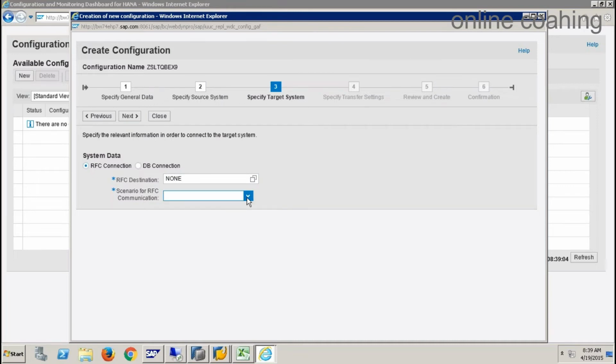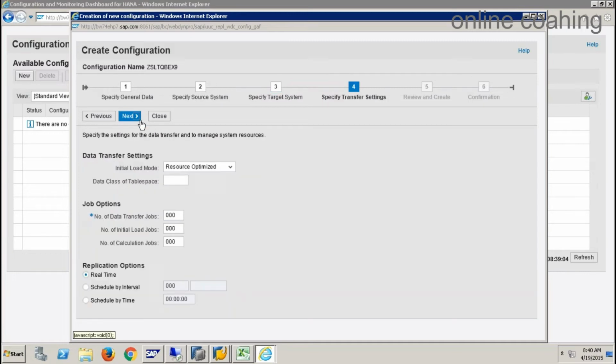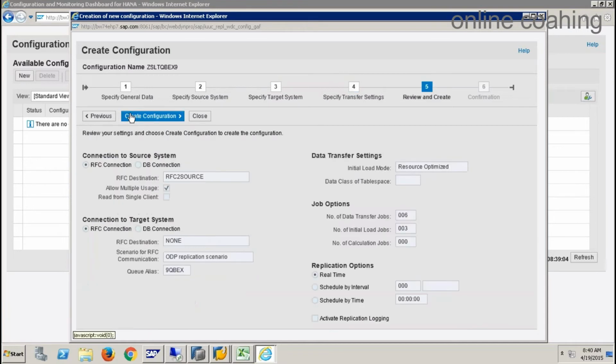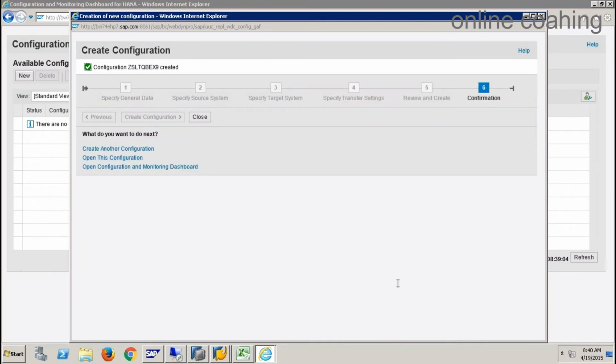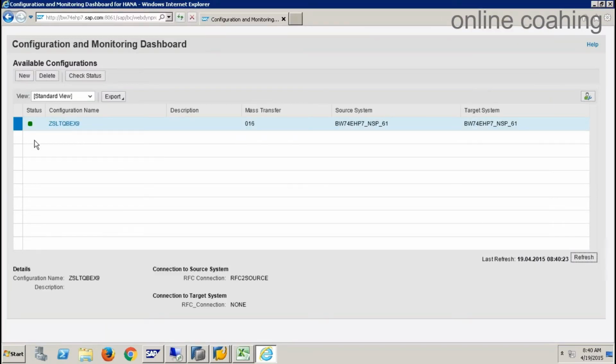Okay. And then for the scenario for RFC, I can say ODP replication. ODP replication scenario, okay? And then just give some alias name. I'll say 9qubits is my alias. Number of jobs I want as 6 and 3, that's fine. I want it as real time. So that's it. Create configuration. So the configuration is created. Close. Now you should see the configuration created here. Now when you go to BW,